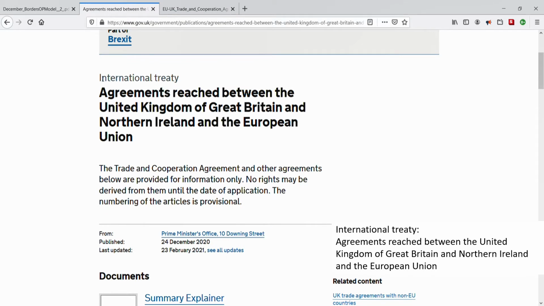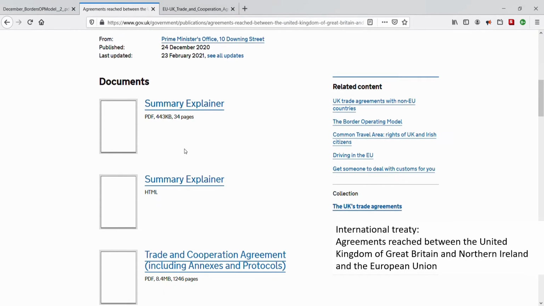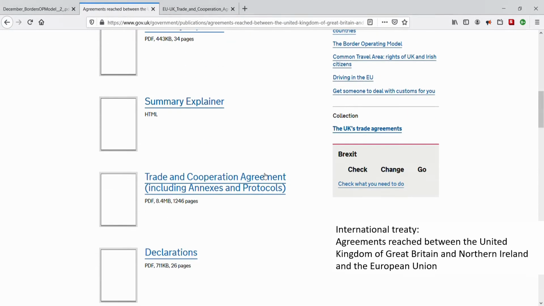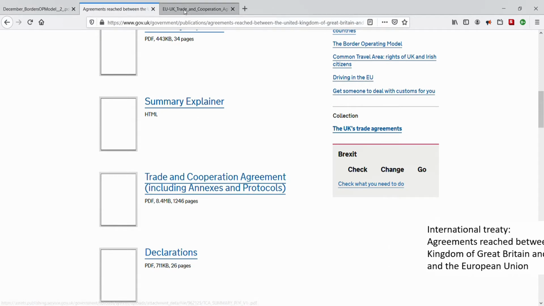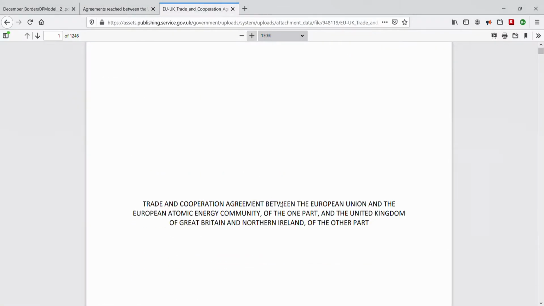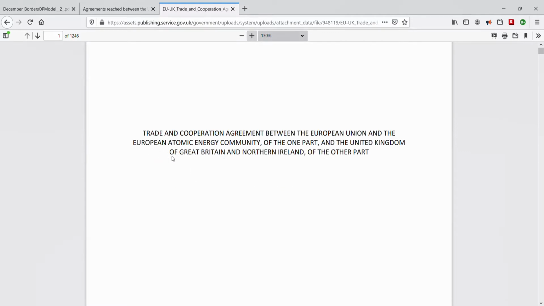Okay, great. We might as well jump to the new EU-UK trade agreement. Trade and cooperation agreement between the European Union and the European Atomic Energy Community of the one part and the United Kingdom of Great Britain and Northern Ireland of the other part. Cool. We will skim through pages as we progress, so do pause to read as and when you like. I'll pop in reminders to pause and read here and there too. But also, keeping it simple. Where you see the word party in this document, think EU or UK as appropriate.